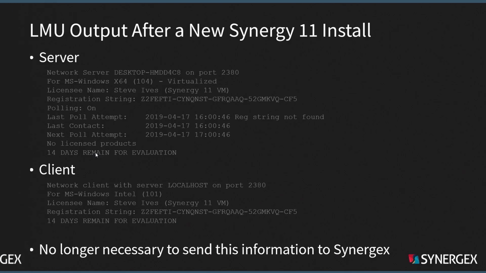Okay. Just for background information, things do look a little bit different. This is what the LMU output looks like immediately having installed a new system. So it's similar to before. You get this 14 days remaining for other products and no licenses, but you'll see you're getting a little bit more information now. You'll see the registration strings are a slightly different format. They're a little bit longer. You don't need to deal with those registration strings anymore, by the way. We upload them